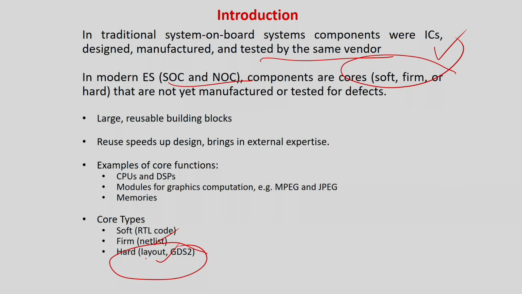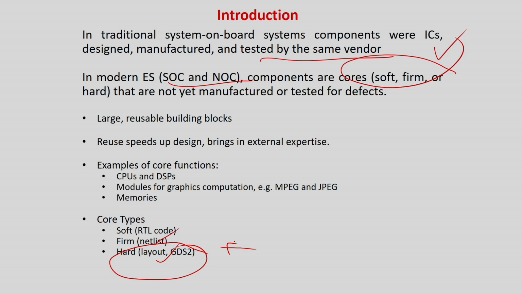Firm cores and soft cores basically are more flexible, and you can very easily know what is the functionality of these cores. So they may be more costly to purchase, because you can also do some little bit of changes, and there is no secrecy in those designs. So generally for most of the cases I will prefer to purchase a hardcore, because I do not want to invest much time on the other vendors' expertise. I will just take the hardcores, put them together. I will put those cores which I know how to design and build a complete system and sell it to the market.